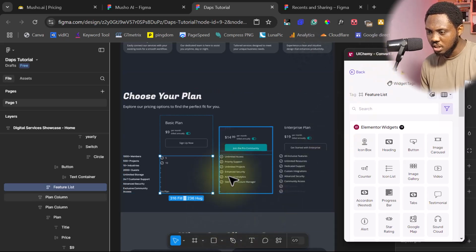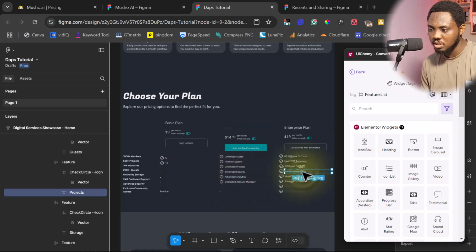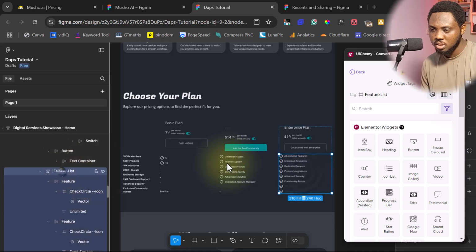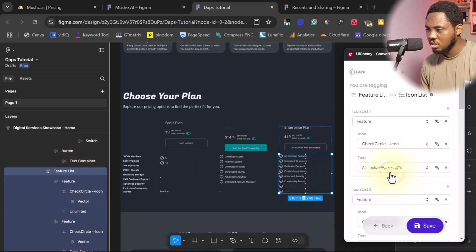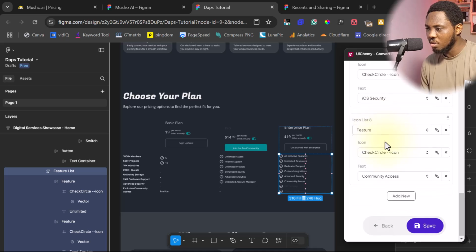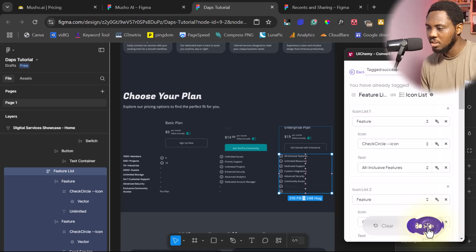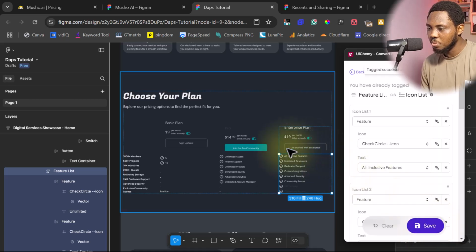This one too has 2 features here. Maybe I should tag this first, or let's just come to this one here. Let's tag this feature list as an icon list. So you can see here we have all of the list here, 8 of them, and I think that's good. So let's save this. And then for this button,